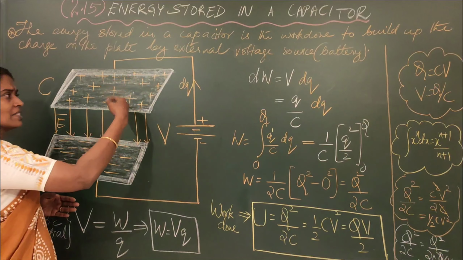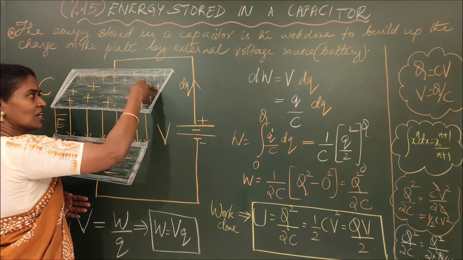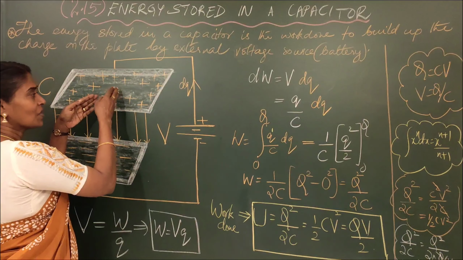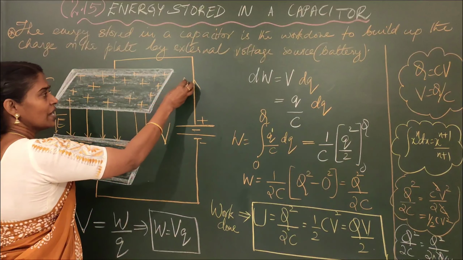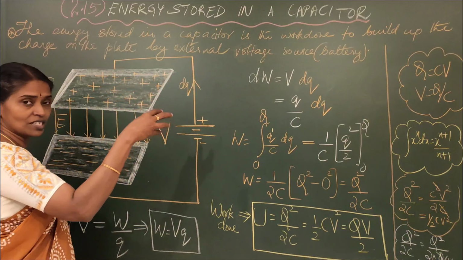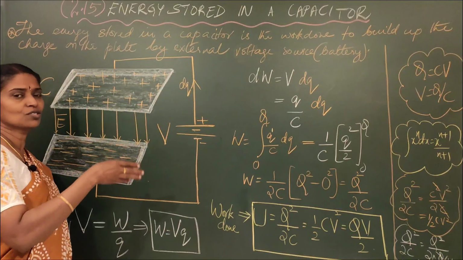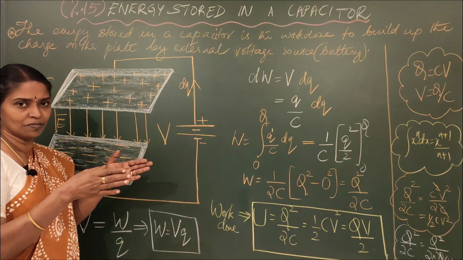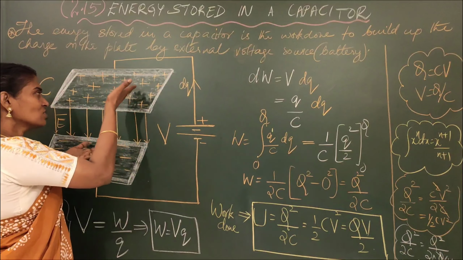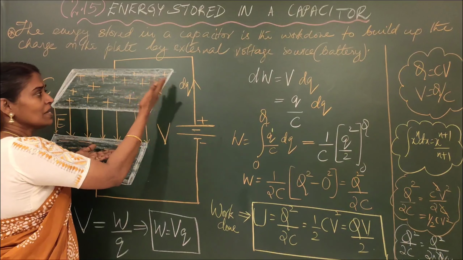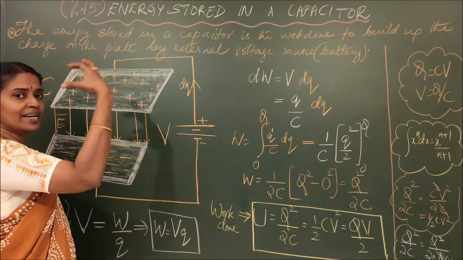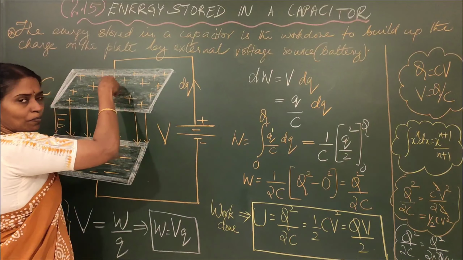Now suppose you keep on putting charge to the upper plate. So it is getting positively charged. Now in between you are putting an additional charge dq to the upper plate. So what happens? This dq is positive, this is of course positive. They start repelling each other. Initially it doesn't have any charge, so it's easy for you to dump. But in between, as it goes on charging, similar kinds of charges want to repel. So we need to do some extra or additional work to put the dq over the plate.